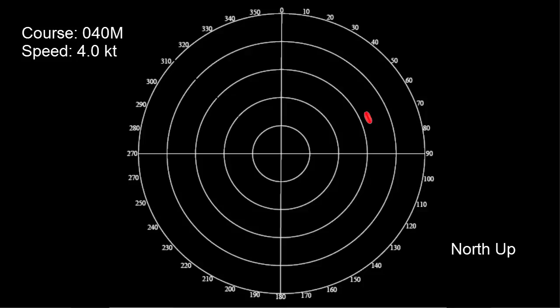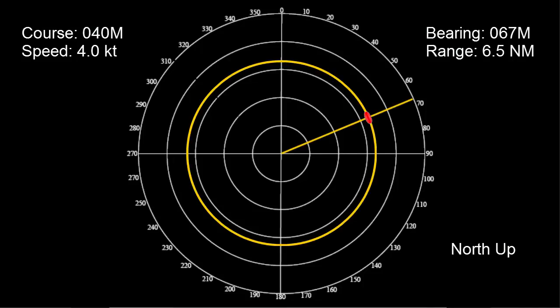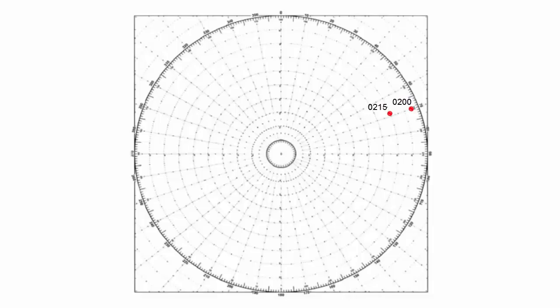At 0230, the other vessel now bears 67 degrees magnetic at 6.5 nautical miles. Plot this point on your maneuvering board and mark it with the time, 0230. Now draw a straight line between these three dots and extend it past your vessel at the center of the maneuvering board. This line represents the position of the other vessel relative to you based on the course and speed of both vessels, and we will refer to it as the relative course and speed line, RCSL, as shown here,